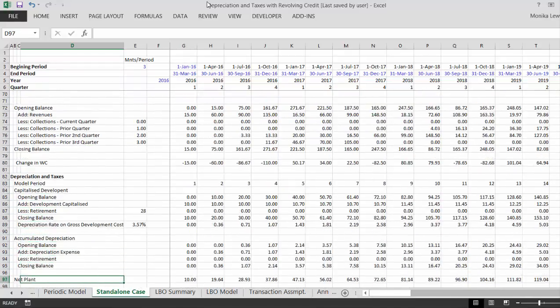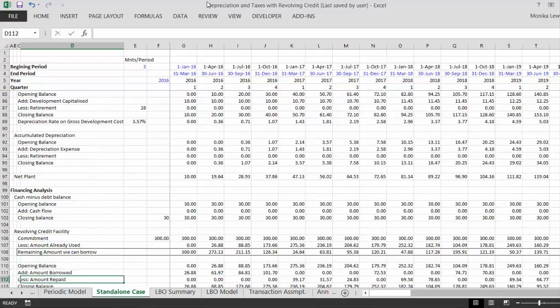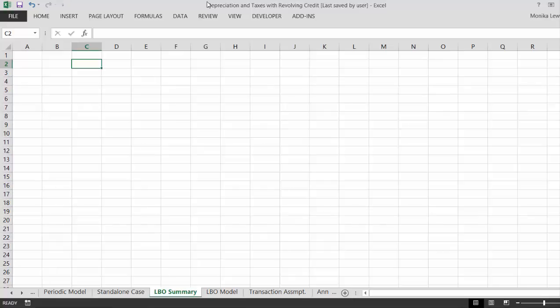file that I've called, it used to be called the Revolver case, and now it's called the standalone case, and we're going to put a summary. Now, part of the summary, we'll see how much we paid, and then we'll see what kind of holding period we have, and then we'll put an exit,